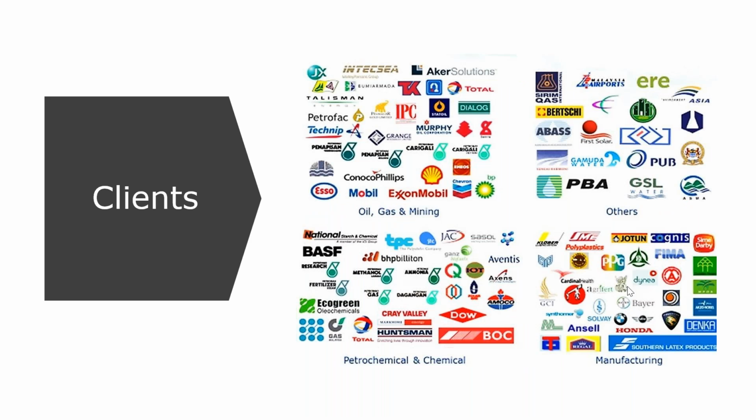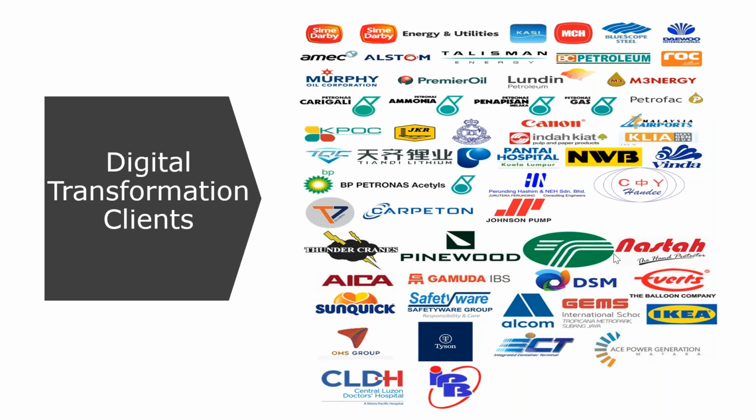Throughout the years, these are our overall clients for all of our services. But if we look at our digital transformation clients, these are our clients. Here is where our clients switched their ways of work from managing their SOP manually with Excel sheets or hard copy printing and storage, to having all of their processes automated and going paperless.